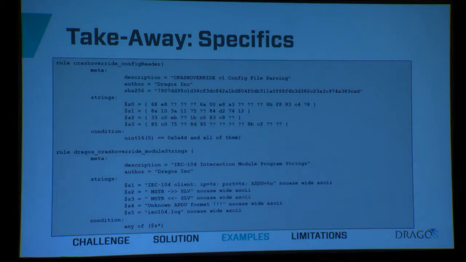So from a specifics standpoint, this was something that was developed tailored to the malware. These YARA signatures are available on the Dragos GitHub as well. So on the first hand, just looking for the configuration file that was used for the IEC 104 module to trip breakers in the target in question. And then, very similar to the NotPetya example I showed earlier, also some things that show up in pretty easy plain